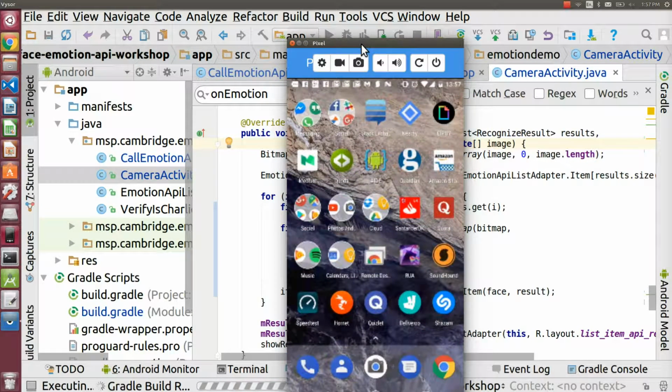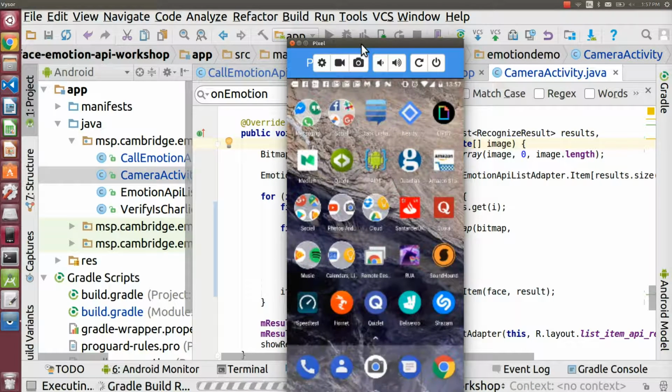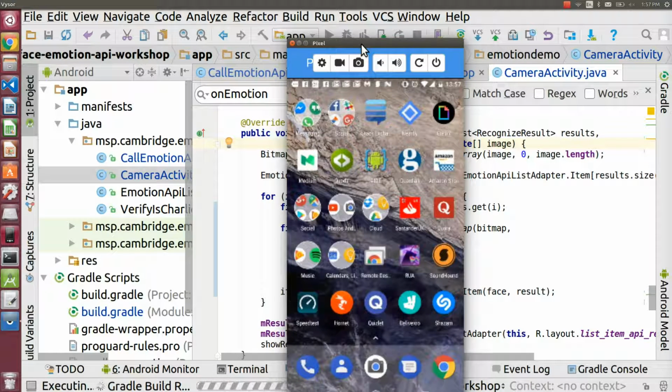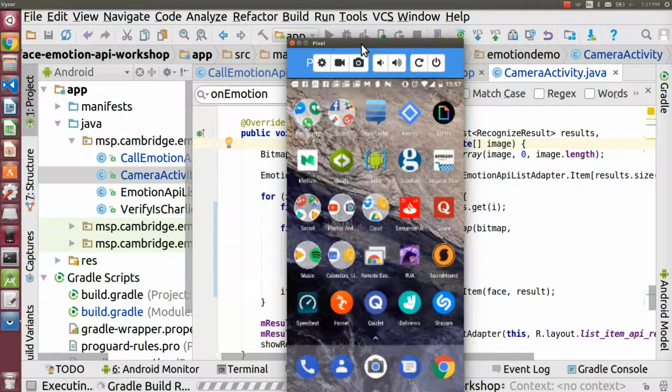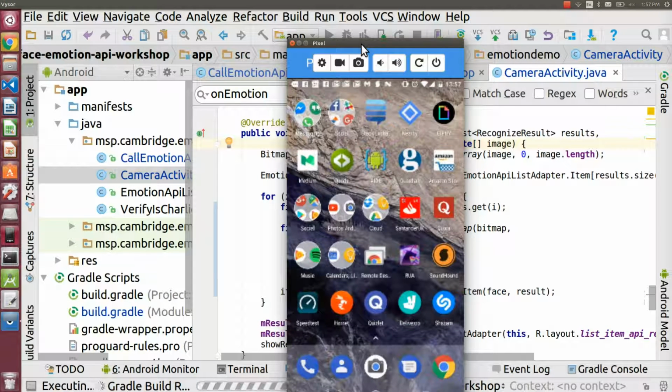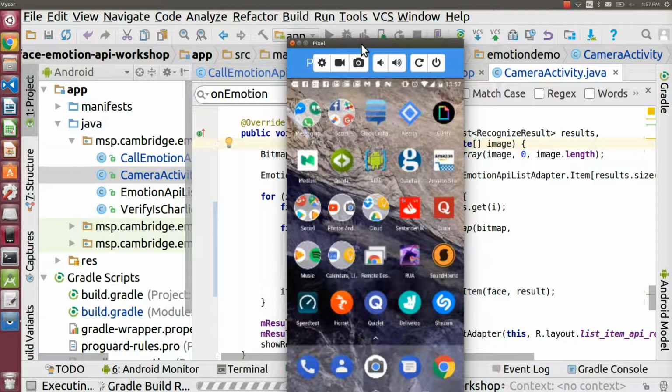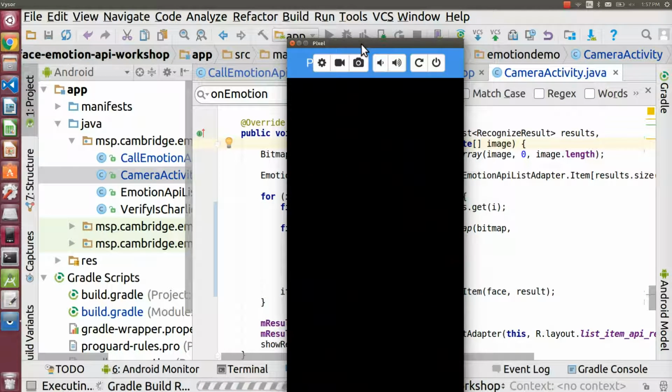It might hopefully install someday. So this particular API is very simple. I know there was a lot of cruft there for Android-specific stuff. I know it's quite verbose, that's just Java for you. But hopefully you can see that really, in order to call the API, all you needed was 2 specific lines of code. You just needed the emotion client dot recognize, and then you got back a